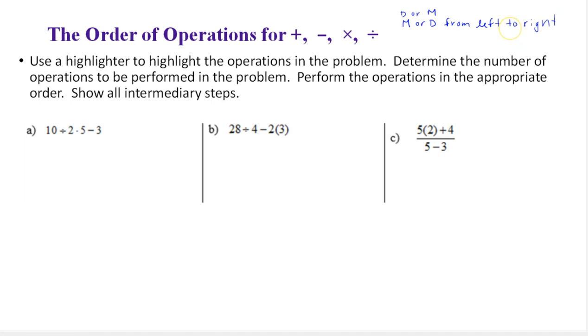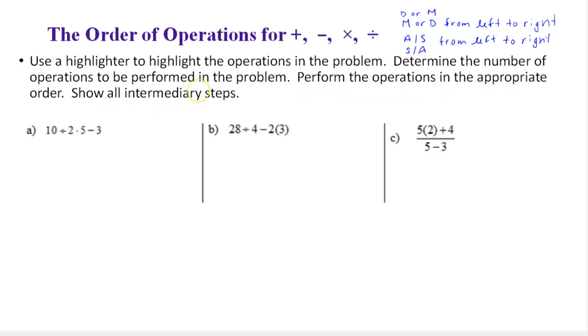You perform these. Then you're going to do any addition or subtraction, or you could say subtraction or addition, from left to right after all of the multiplication and division. So let's read through the directions. Use a highlighter to highlight the operations in the problem. Determine the number of operations to be performed in the problem, and then perform the operations in the appropriate order,